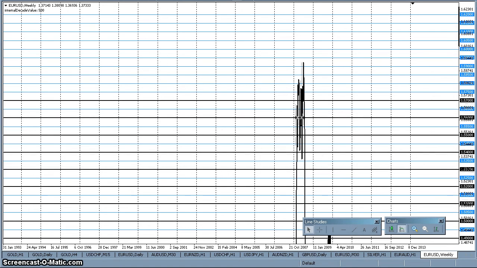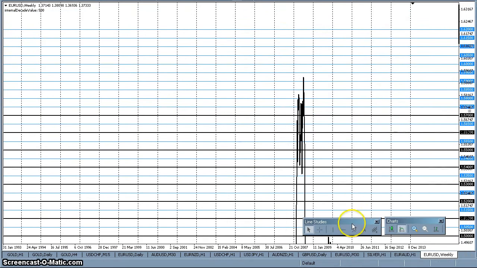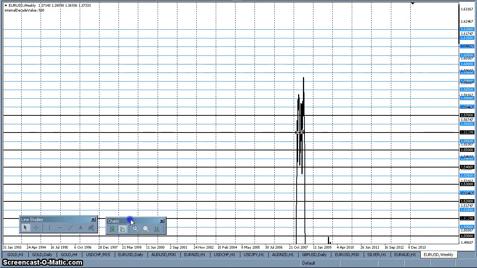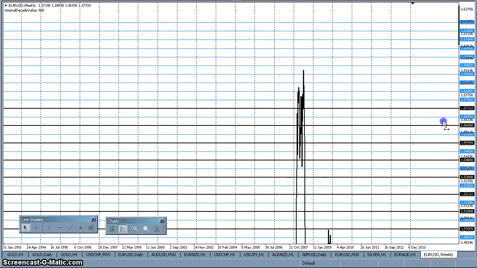So I'm going to look at the euro dollar here. I put in 50 pip handles in blue, and I put 100 pip handles in black. I chose black and blue because you're usually black and blue after you trade this stuff. And this is a look back into 2007, a weekly chart, back when the euro was in its heyday, and there was a little bit of congestion, a little bit of consolidation up here around $1.58.